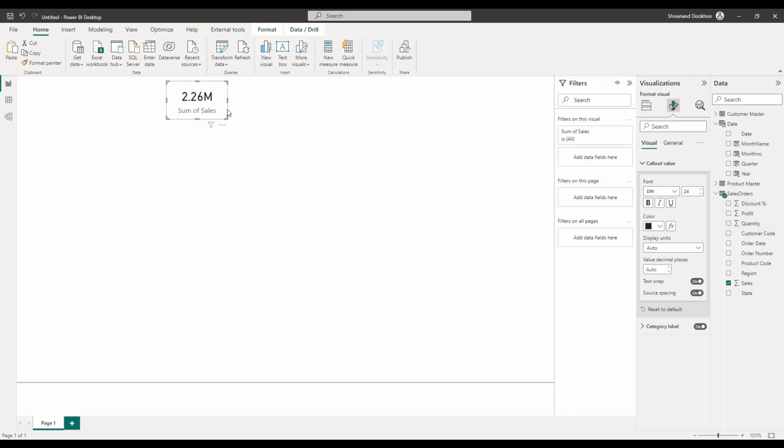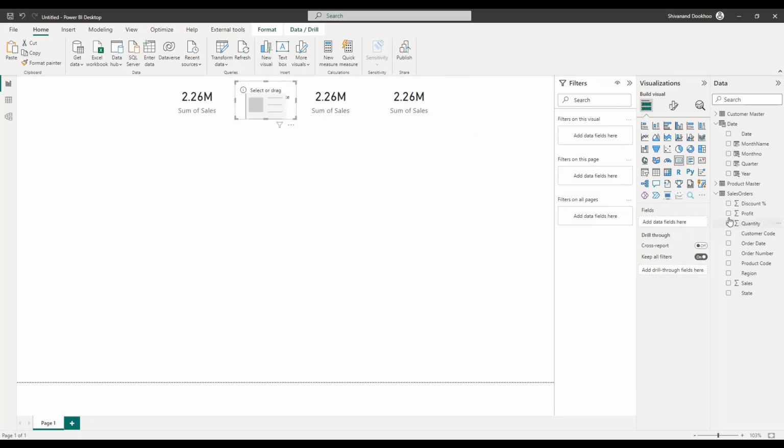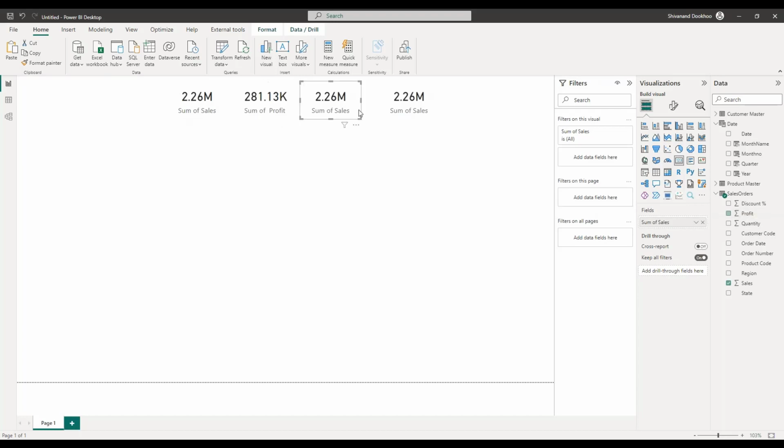So what I'm going to do is copy this by hitting copy or Control-C, and then I hit Control-V from my keyboard or paste at the top here. I'm going to give you these other cards at the top. And I want to change these to show total profit. This one I'm going to show total quantity. And this one here,